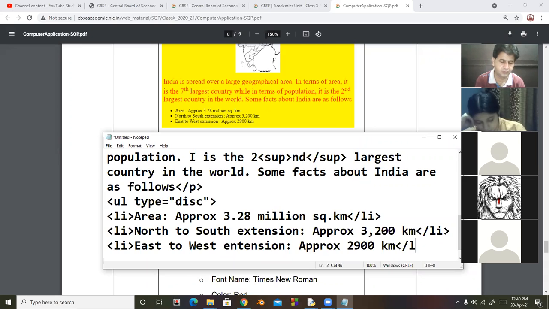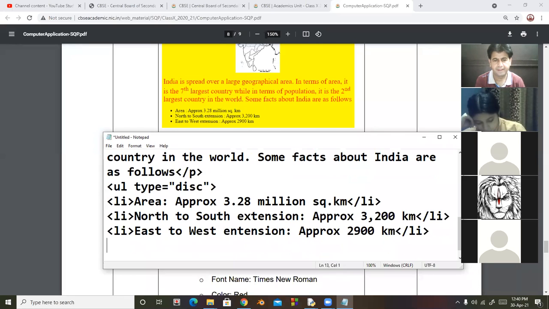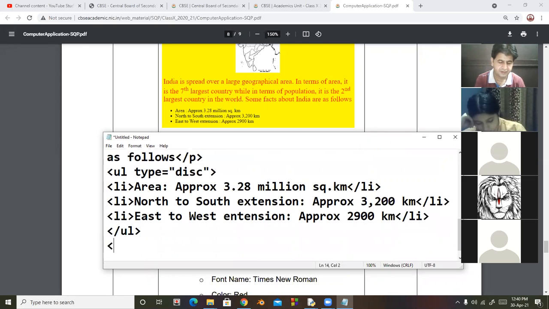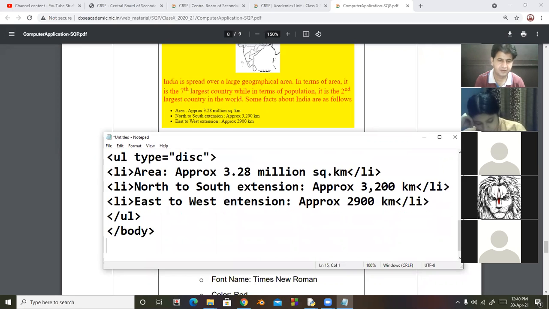Then Li tag close, and then unordered list close, then body tag close, then HTML tag close.